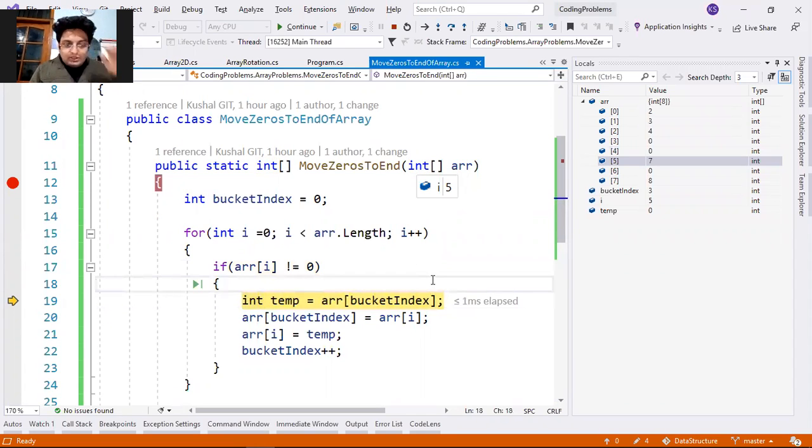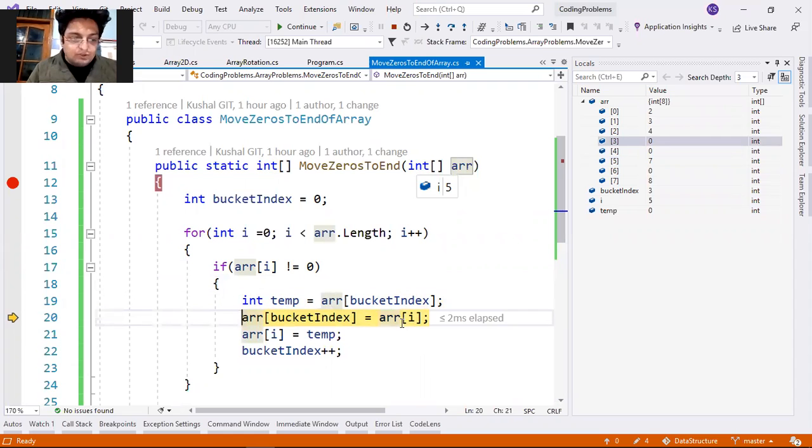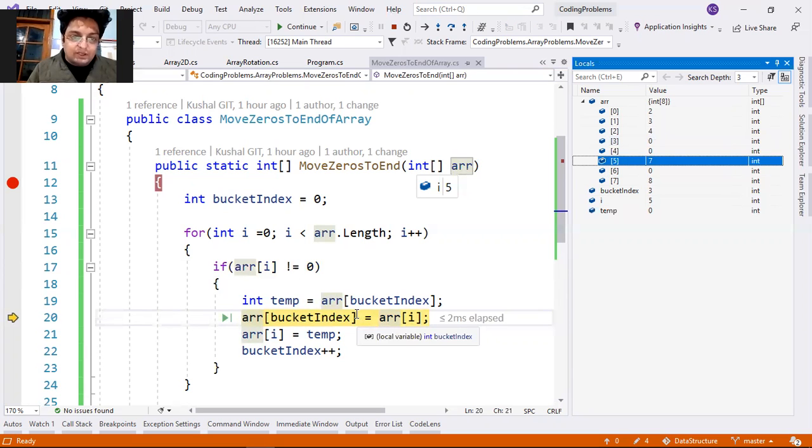So this is again the swap. I will again navigate you guys so that you will understand. See, bucket index is 3. Whatever value is there at index 3, we'll keep it in a temporary variable, that is 0. And whatever is there at I, means at 5, we will keep it at our bucket index. Once line 20 runs, it will change your value. Just see on the right hand side, the value at index 3 will come in red. That means it is just changed.